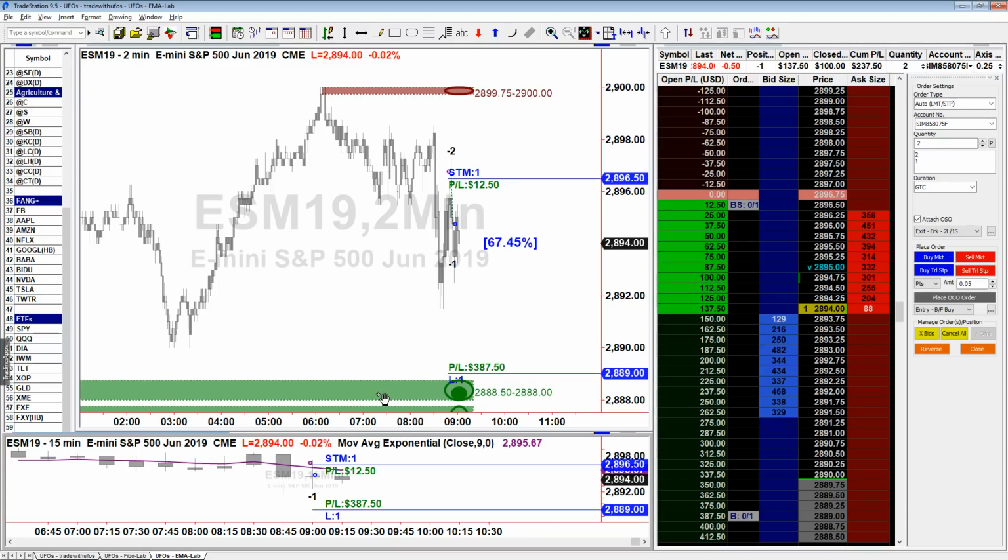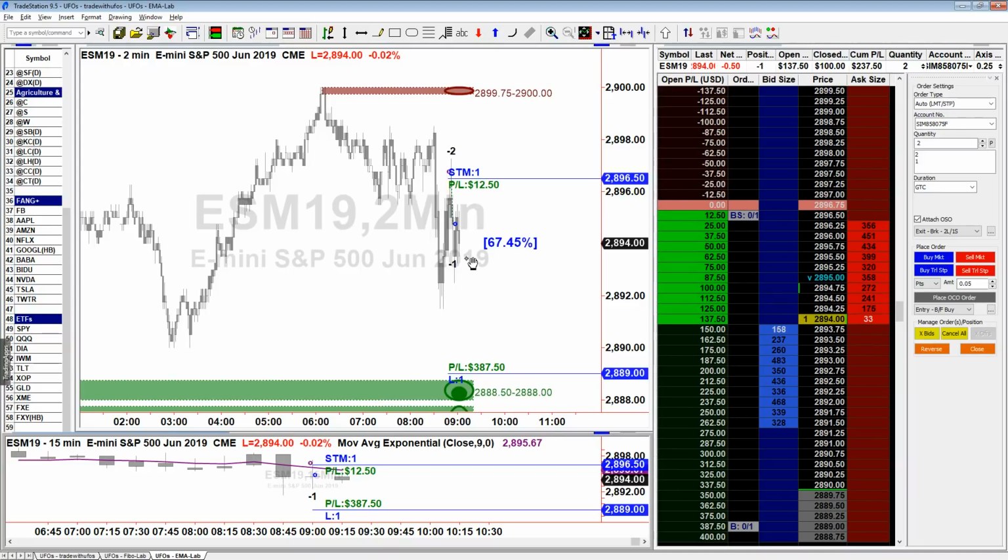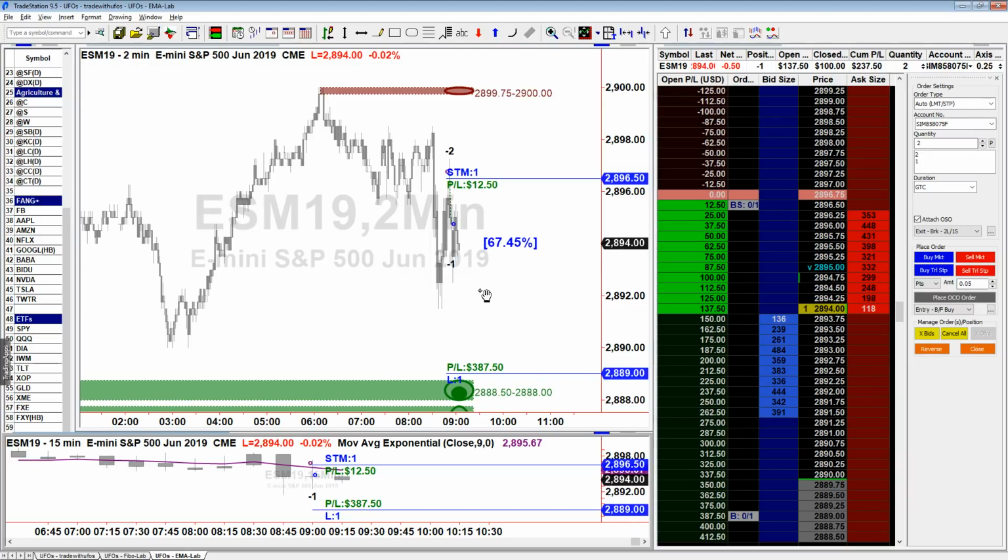And remember, the average represents a price point where unfilled orders to sell may be added. Which means that if this market was not to progress towards the target and was to progress back up, it will hit the average that now is lower than before, potentially adding more unfilled orders to sell, potentially pushing it down more. So we are in a valid trade. We just need to wait. Every 6 minutes, you may have a new red UFO form, and that would give you the opportunity to keep moving the buy stop below. Right now, what I would like to see is either a red UFO form or this market reach 300.